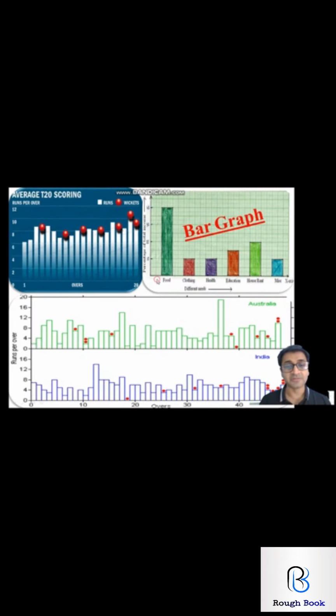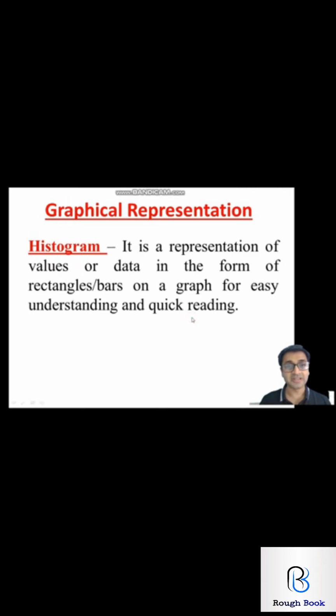Likewise, these are called bar graphs. And then there are some special bar graphs called histograms. If you see the difference, here there is a gap of 1 unit, but here they are all side by side with no gaps. So what are histograms? A histogram is basically a representation of data in the form of rectangles, just to make the entire data easier to understand at a glance.